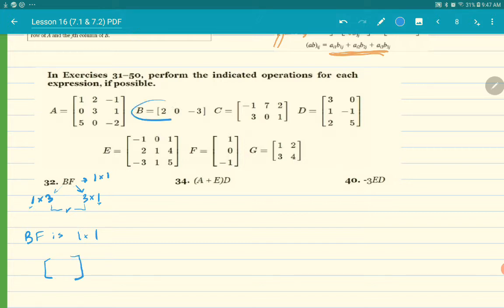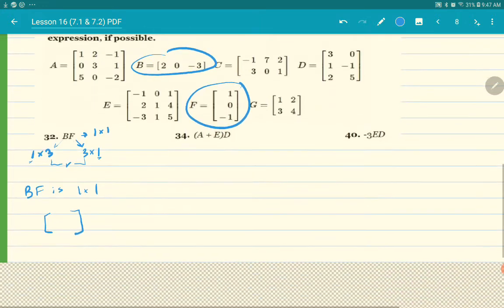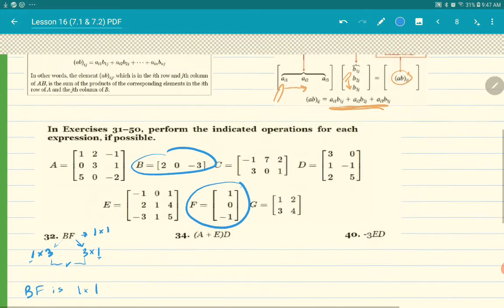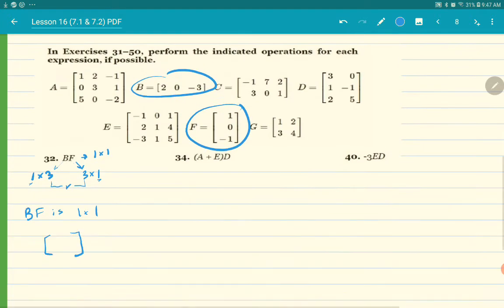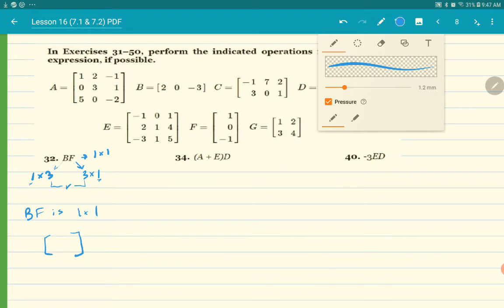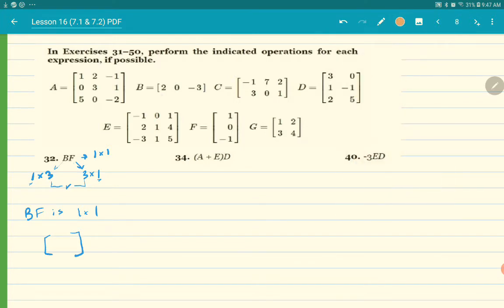So when I look at this one and this one together, I like to put them side by side because, like I said, I'm going to basically do this with my fingers. I'll have my left hand pointing to the 2 and my right hand pointing to the 1. And then I'll think in my head, okay, so I'm looking for